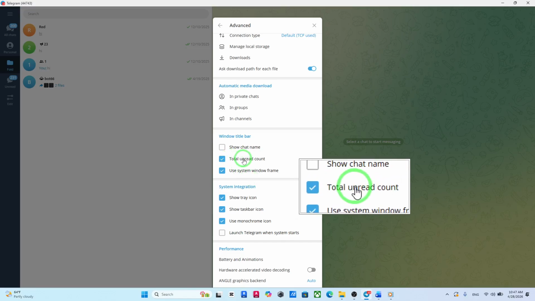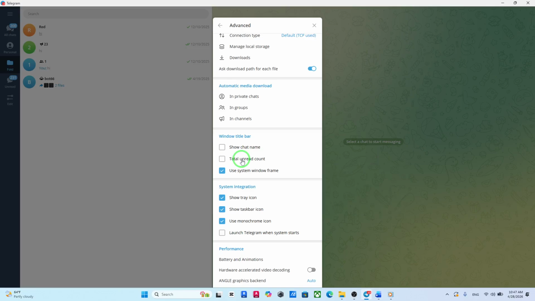By default, this setting is usually turned on, which is why you see the total number of unread messages across all your chats. To hide that number, simply uncheck the box next to Total Unread Count. And that's